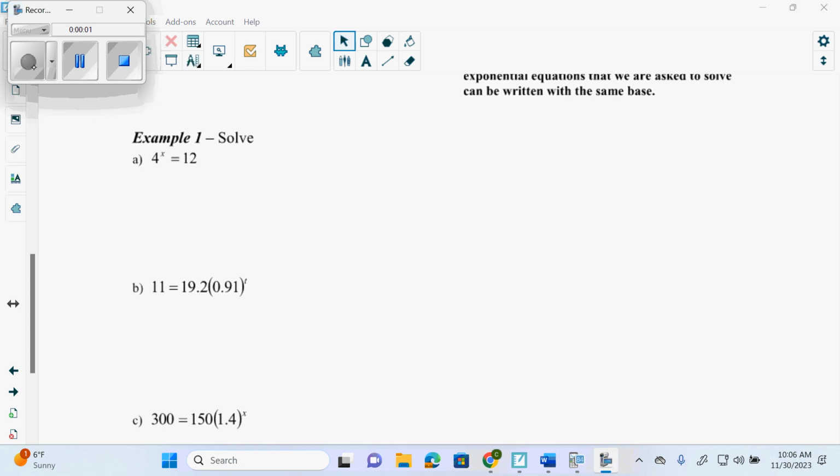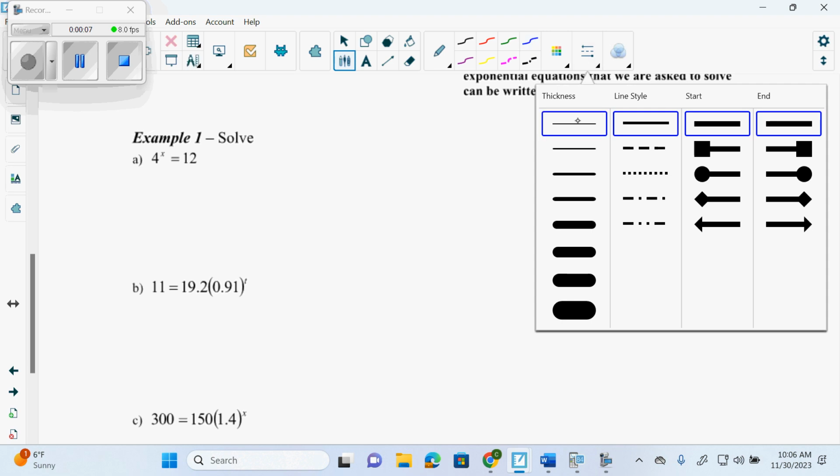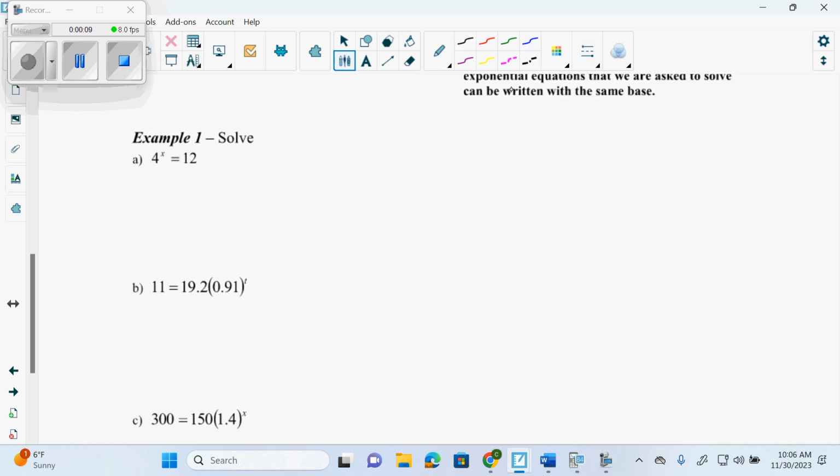When we go to do solving exponentials, how do we know it's solving exponentials? It'll say solve or determine a solution for it. But the key thing is that we have to have a variable and an exponent, correct? And the only way we can bring a variable and an exponent down is by either making a common base or logging it somehow. So what we need to know is you'll convert to a log